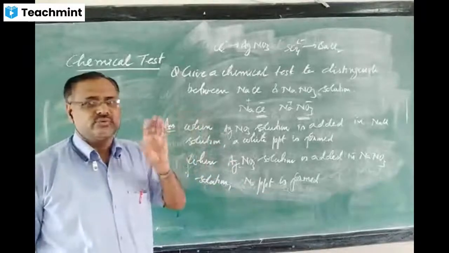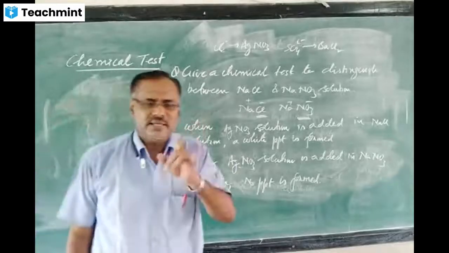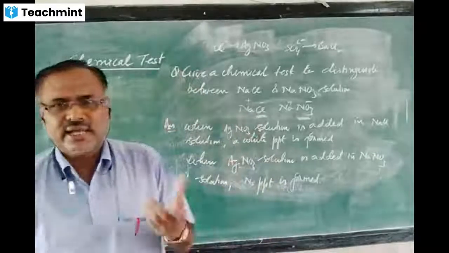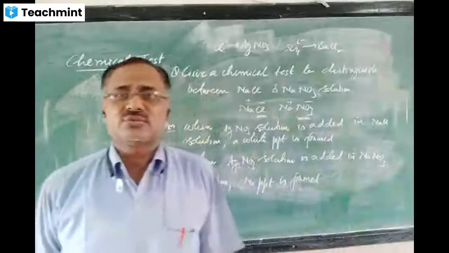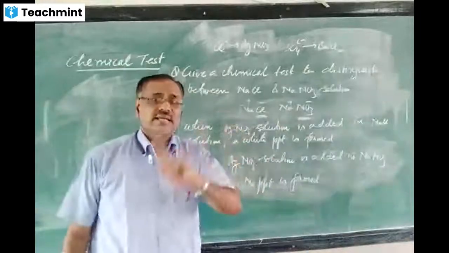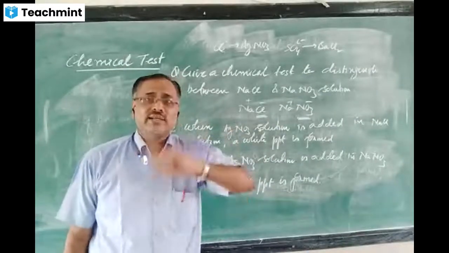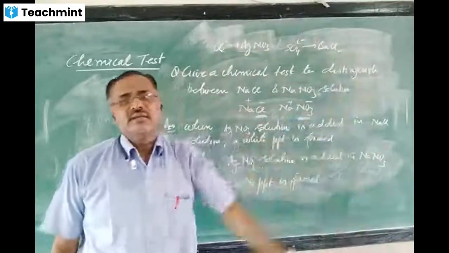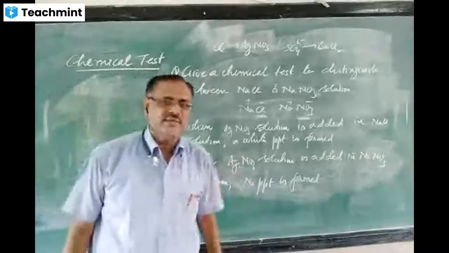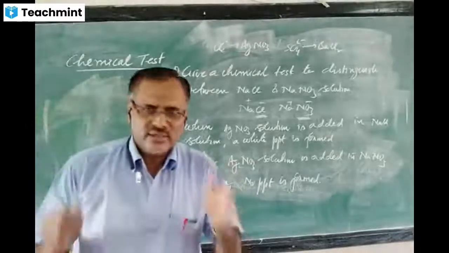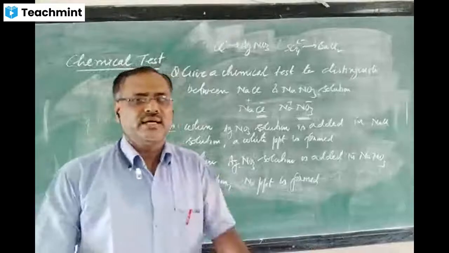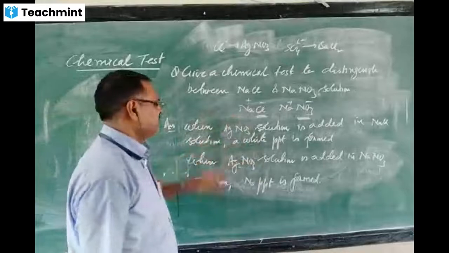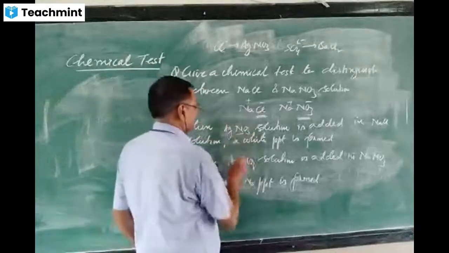With concentrated H2SO4, they could not get the mark. But one student was very smart. What he has written is that first the sodium chloride solution is heated to dryness, then it is heated with concentrated H2SO4. It means he knows that it is a solution, it cannot give the HCl gas. So that's why he has heated to dryness, then heated with concentrated H2SO4. In that situation, the mark was given because the student knows that a solution will not give the HCl gas. So I suggest that if such a question is asked to you, you had better write with silver nitrate.